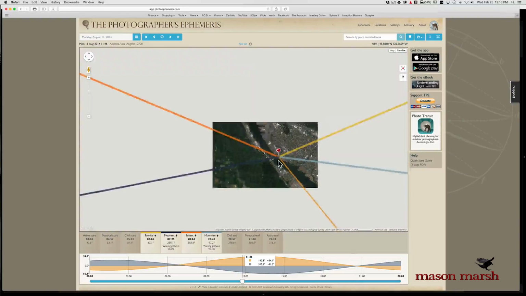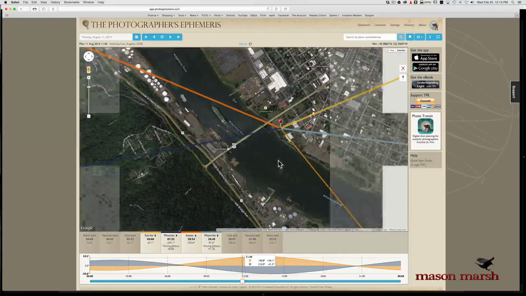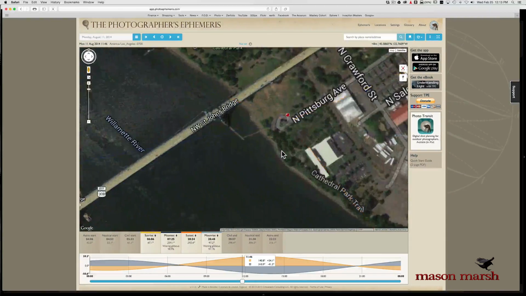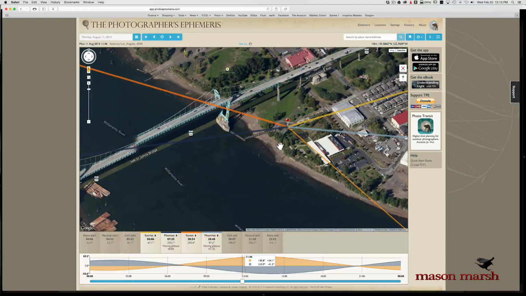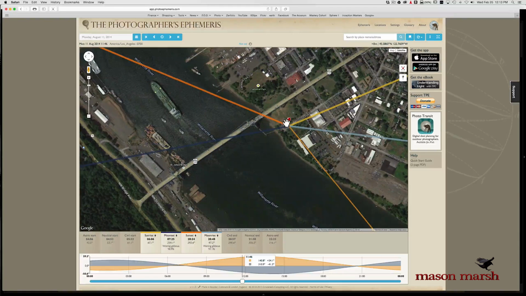So if you zoom in here, you will see using the satellite view that you can actually scout shooting locations on the ground. For instance, you might find the ray lined up just where you want it, but your pin is on top of a building or in the river or private property. In this case, I knew this area pretty well, and that this end of the street has a little traffic turnaround, that I'd be able to park right there. And so I dropped a pin right there, and it put the ray right across the middle of the bridge,